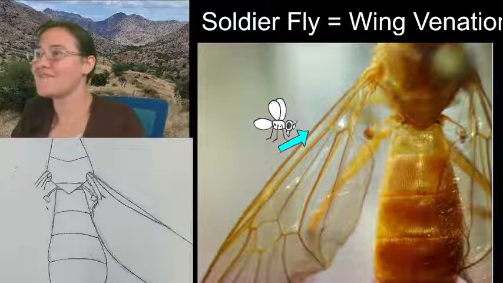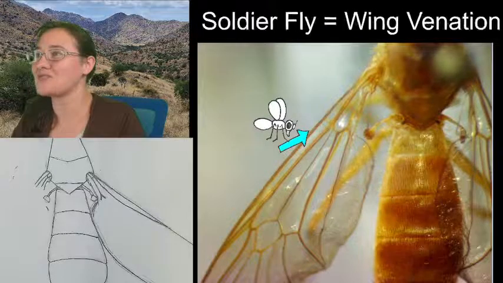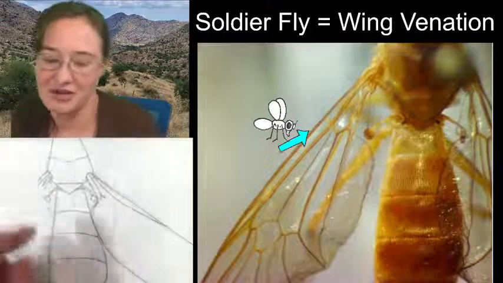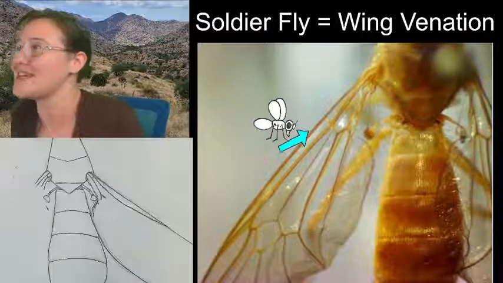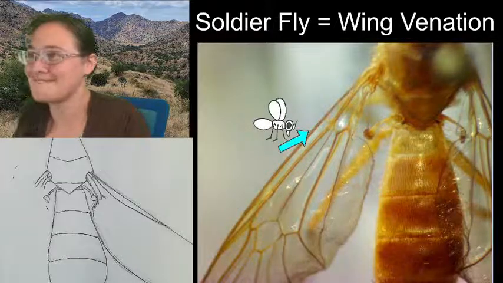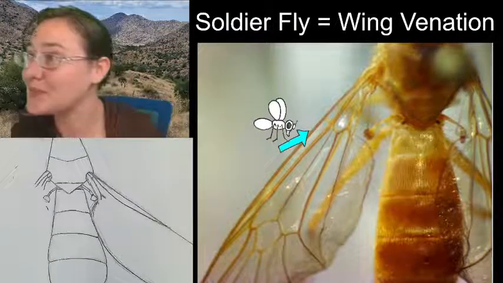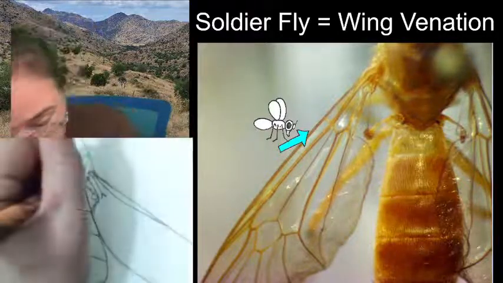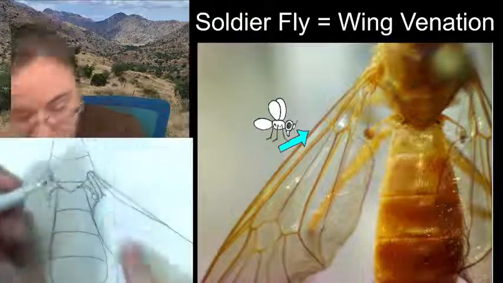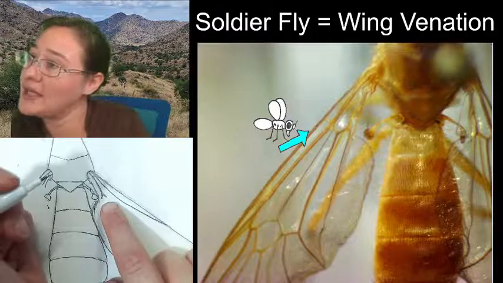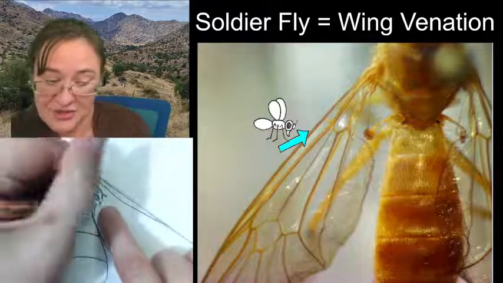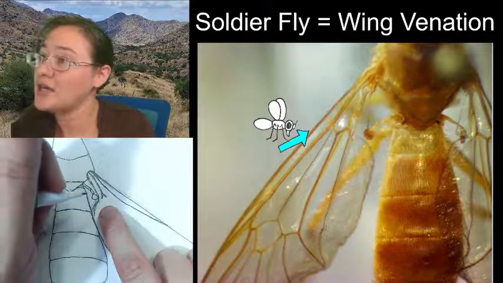And I have been avoiding a lot of flies due to wing venation sketching and the hairs on their thoracic region, but we're doing this, and it's going to be awesome. So, got that one taken care of, and then, let's see. We've got that Y. And then, so right about here,